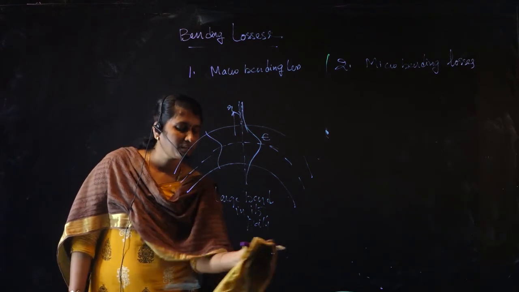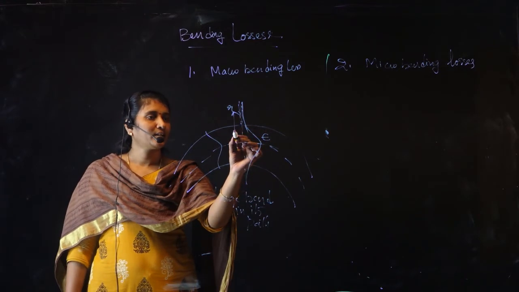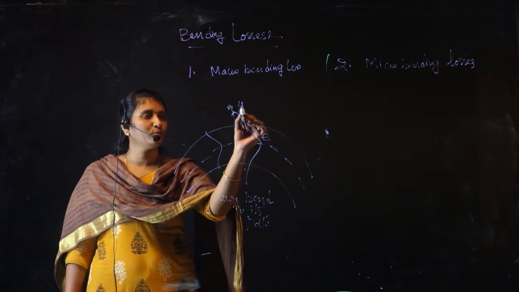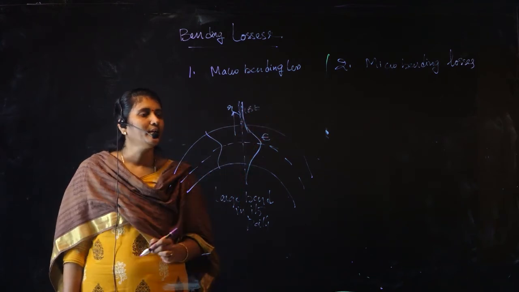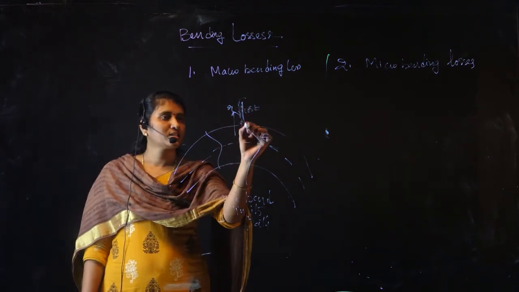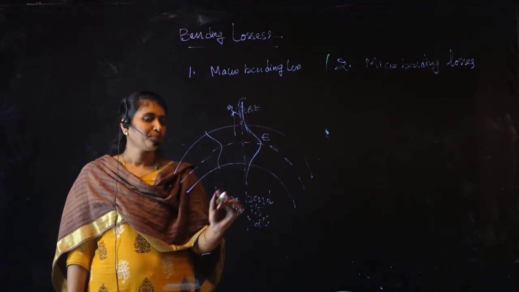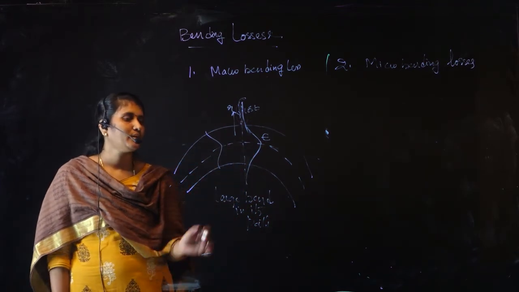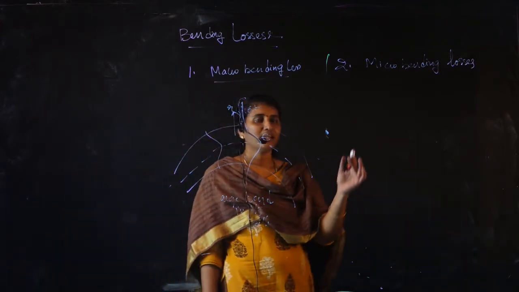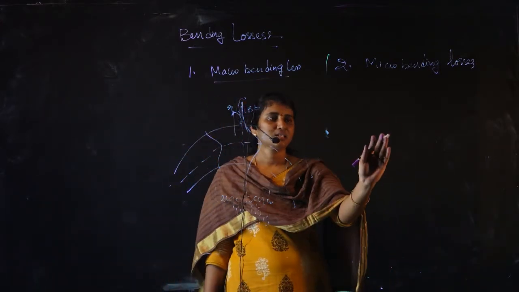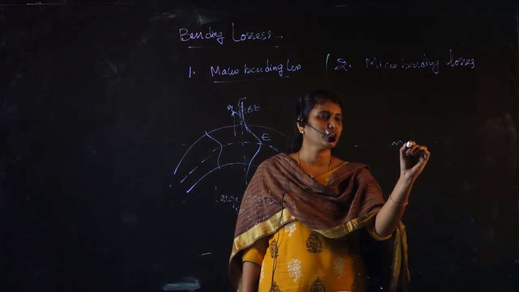Based on this principle, the energy that is being distributed at the curved path will be moving fast, and most of the energy is lost here and radiated outside. So this loss of energy at this macro bending level, that means larger bends in the optical fiber, is called macro bending losses. Whereas coming to micro bending, these micro bending losses occur